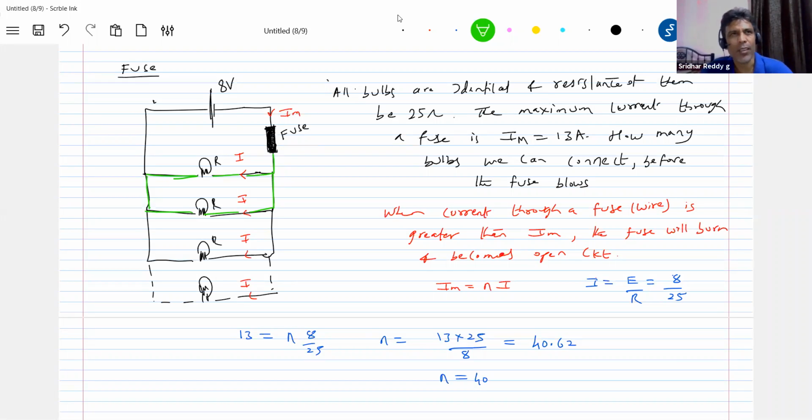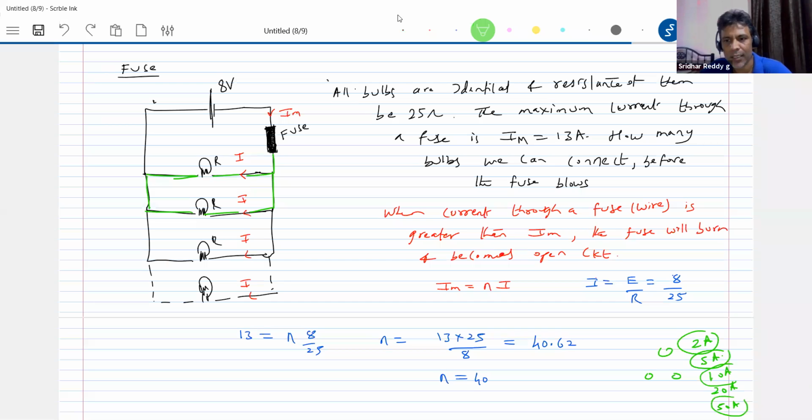Yes. If you look at the sockets, they start with 2 ampere, 5 ampere, 10 ampere, 20 ampere, 50 ampere. It all depends upon the application. 2 ampere is what the normal sockets use, for mobile charging and so on. 5 ampere is for the mixer and the refrigerator. The 10 or 20 ampere ones we use for air conditioners, electrical heaters, engines, water pumps, higher industrial applications.